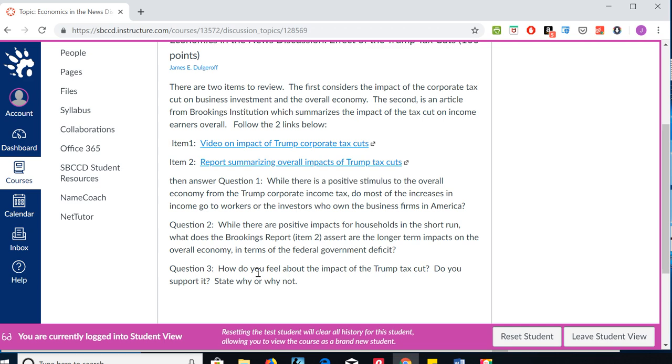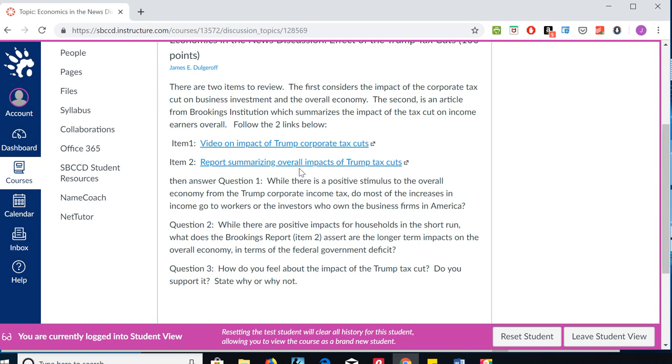And again, you might say, hey, I like the short term, I got a tax cut, but going forward, yeah, I like it too. Or, well, there's some things that they pointed out in this report, but okay, that's just the cost of getting a bump right now. Or I may say, who cares about the future? We'll deal with that in the future. I mean, there's several ways you can go here, right? And there's no right answer to, do you support it? Do you think it was a good idea? Yes or no, tell me why or why not, reflecting on some of the things that